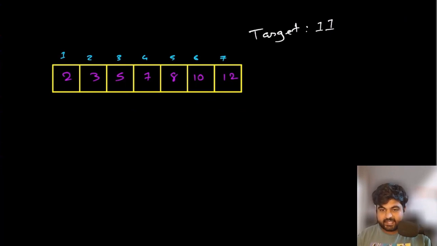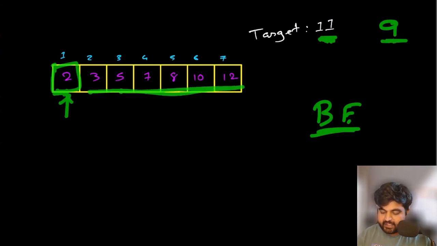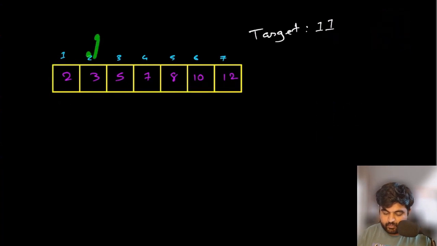Well, the first idea that comes to our mind is a brute force approach. What we can do in a brute force approach is that we take the first element, and we consider: can this first element be part of the target value that makes this value number 11? If that is the case, what is the value we need to see? We need to find value number 9. So for this value number 2, we will check in the entire array to see whether value number 9 exists or not. Once we identify that value number 9 does not exist, we are going to move on to the next value.